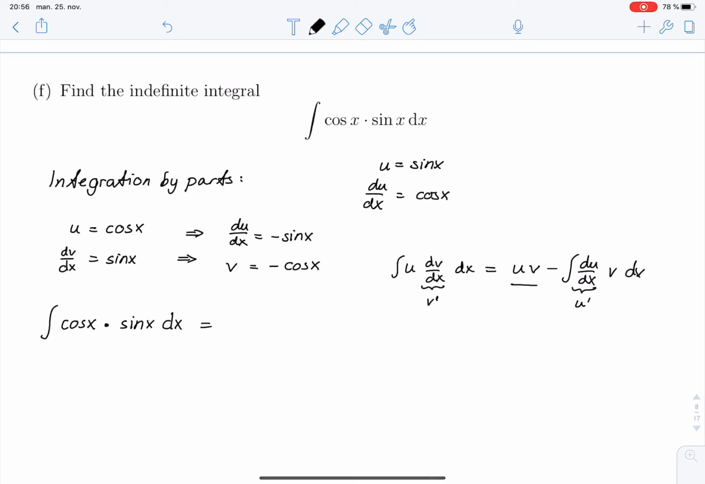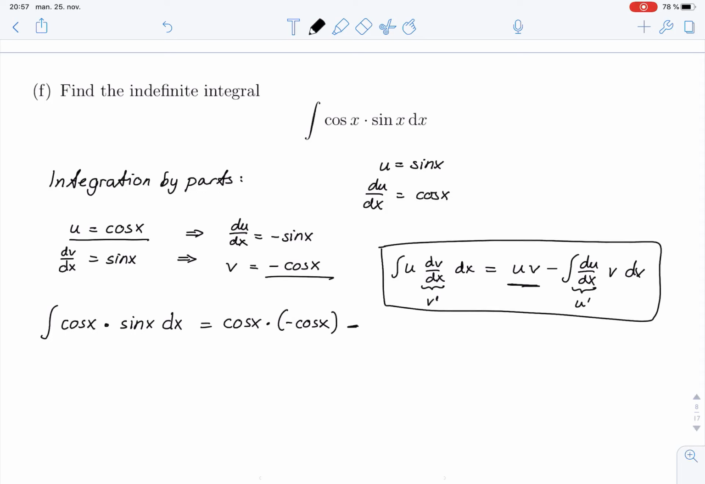So we now take u times v. So we take the u times the v. And then we have a minus sign. This is our rule. And then we take the u derivative, minus sinus, times the v, which is minus cosinus. Okay,